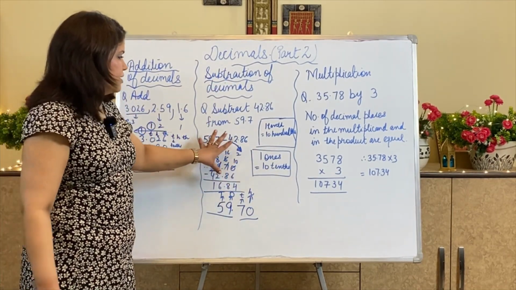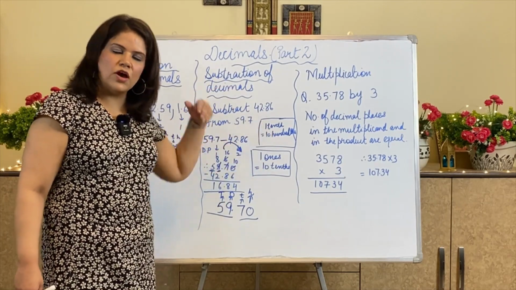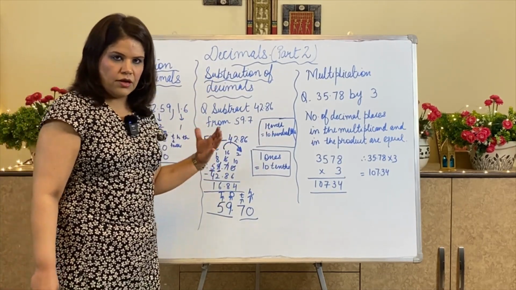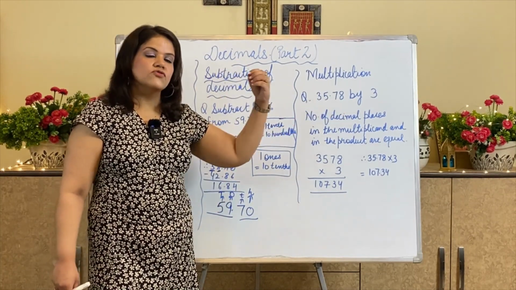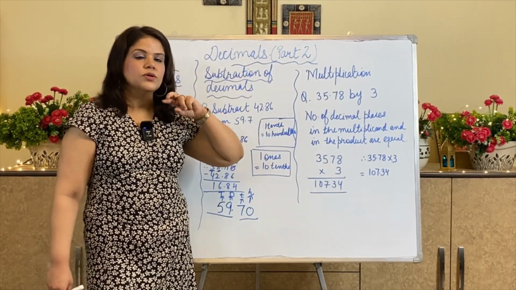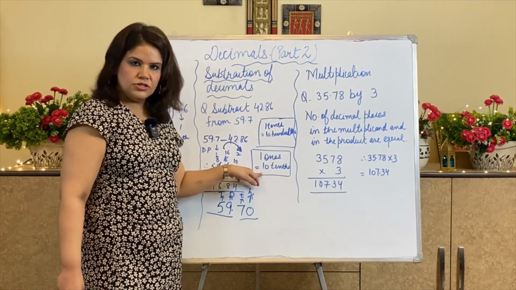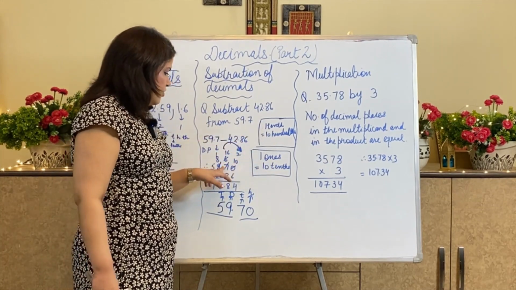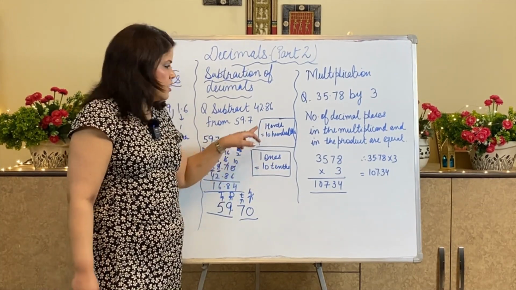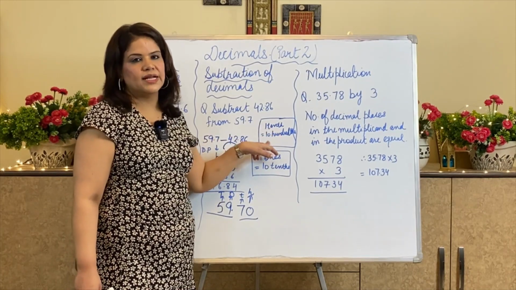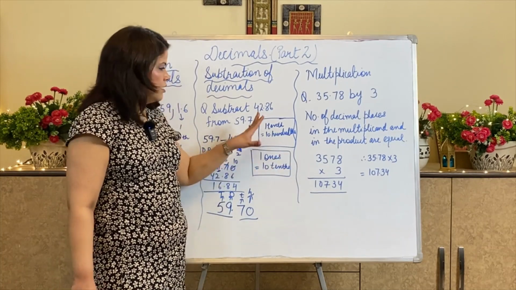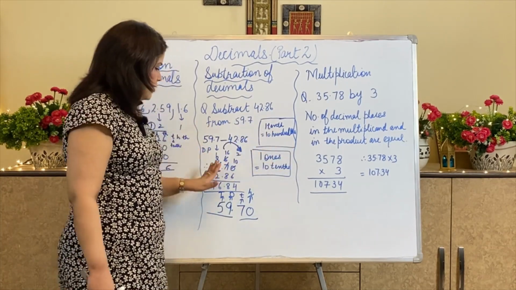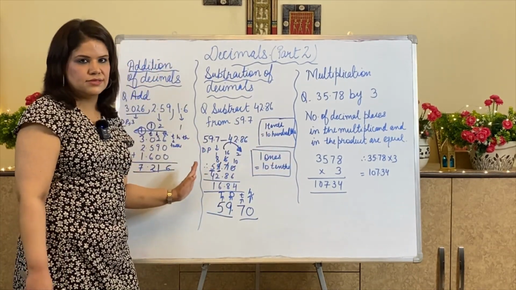In decimal only this point is to be considered, that if we are moving 1 digit, if we have to carry from ones to tenths, so that 1 ones is equal to 10 tenths. Understood? And if I am carrying from tenths to hundredths, that 1 tenth will become 10 hundredths. Understood? Here no tens and ones are there, tenths and hundredths are there, and whole number has ones and tens.